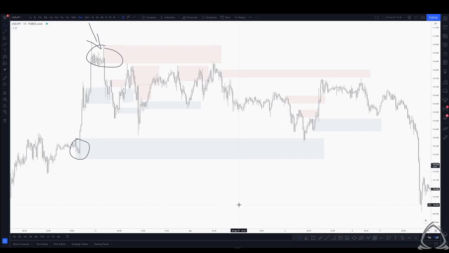So when you go through mapping out continuation and reversal models, just be mindful of each of the models and what ends up happening on the right side of the charts. Now, of course, don't fixate too much on the result of the zone. Again, like the first video, the emphasis is on just getting comfortable with mapping out the zones and then identifying whether they are continuing